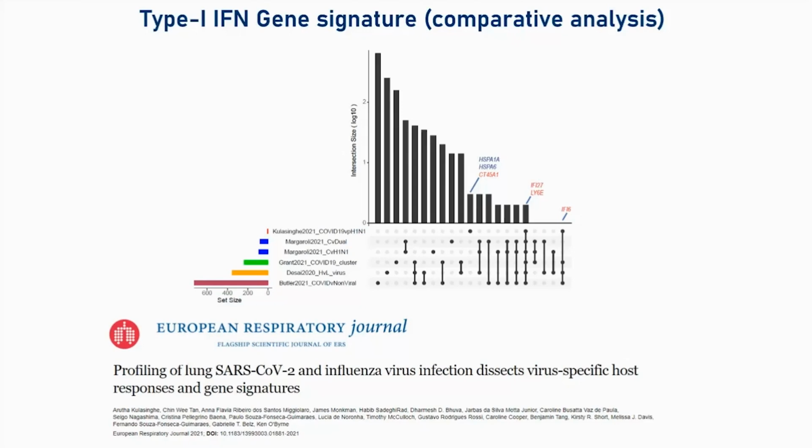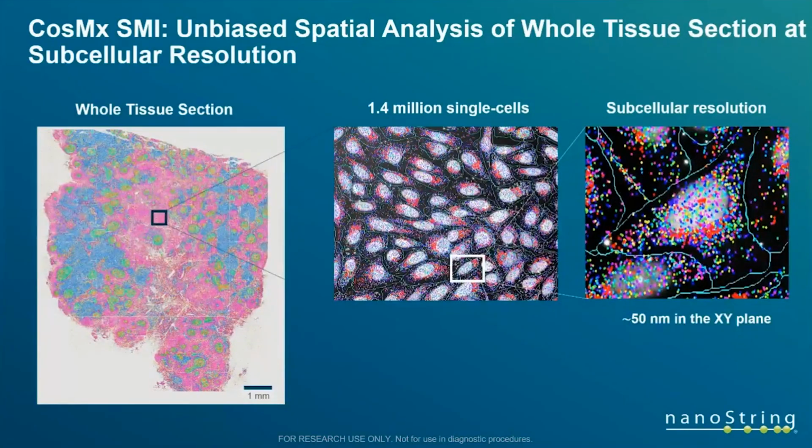and it piqued our interest. We could see this signature at a multicellular readout based on spatial, and it piqued our interest into whether we could apply this and understand where the signal was coming from at a single cell level. Can we identify the cell type, where the cells are, where the signal is coming from, this type 1 interferon?